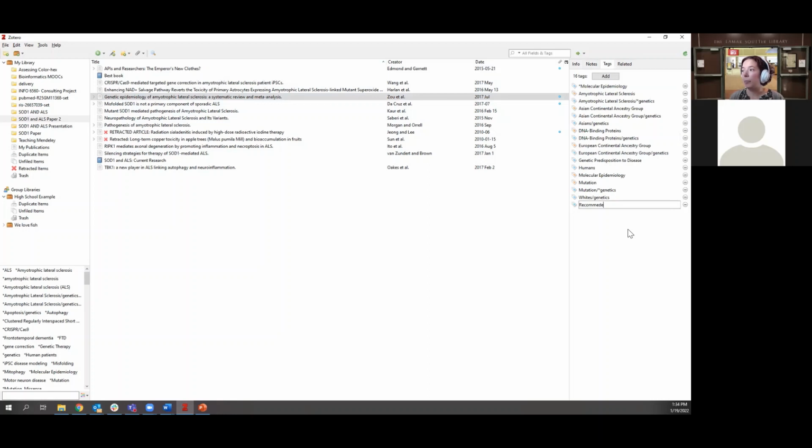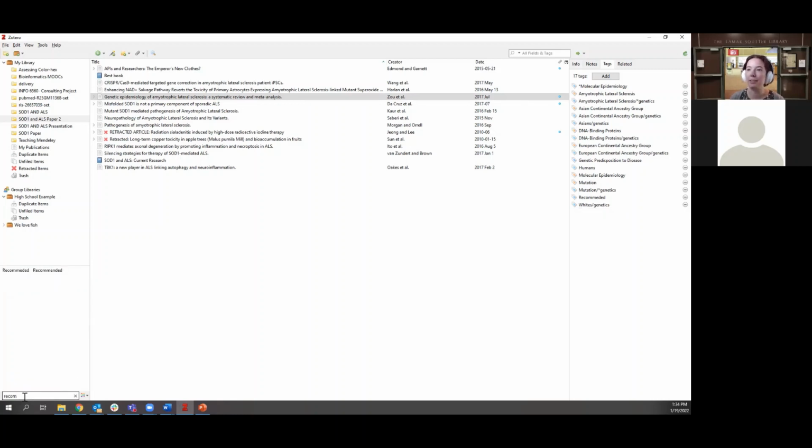Some tags are added automatically based on the database that you're pulling from, such as these ones here were brought in, I believe, from PubMed. You can remove these as you would like, but they can also be useful in your search as well and keeping your literature organized. So if I just wanted to see the ones that were recommended, I could scroll through, it's listed alphabetically. But if I wanted to just quickly see,